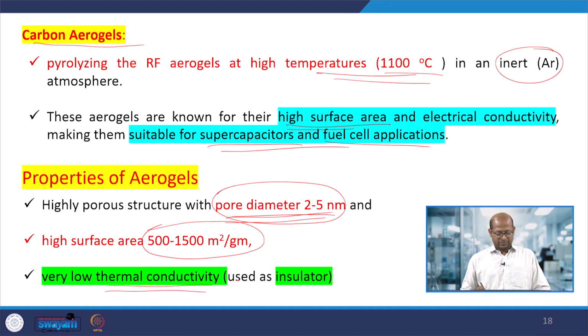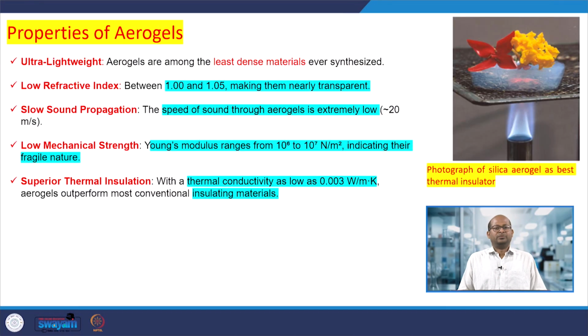Also, thermal conductivity is very low, so sometimes the material can be used as an insulator for specific applications. Since the aerogel materials we have prepared are extremely lightweight, these are the least dense materials we can synthesize, and we can use them for specific applications. Where a lightweight material is needed, we can use these materials. Sometimes you can use them as